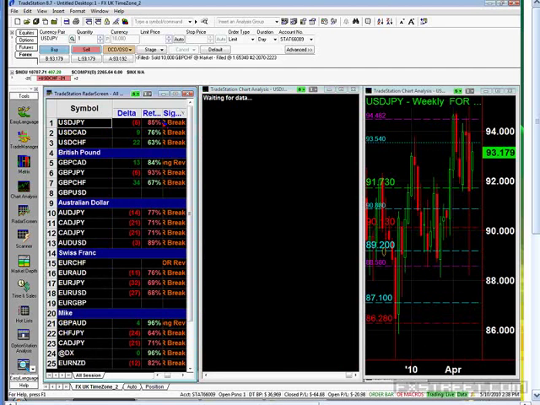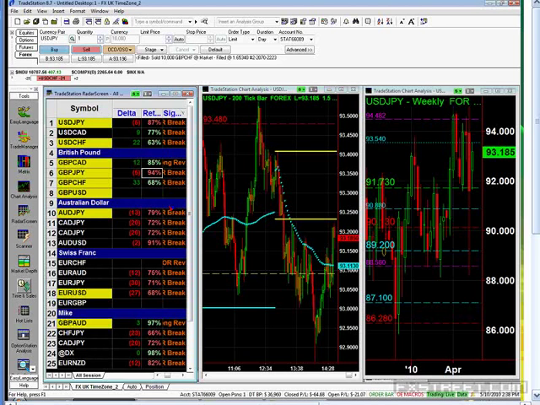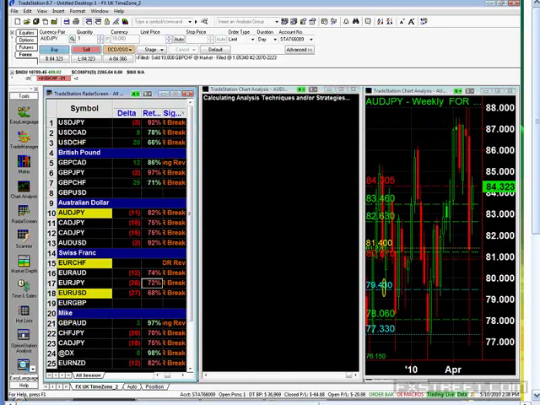So the dollar yen came back 85%. The pound yen came back 92%. The Aussie yen came back 80%. The euro yen came back 72%. So this means what? This means that all the yen pairs